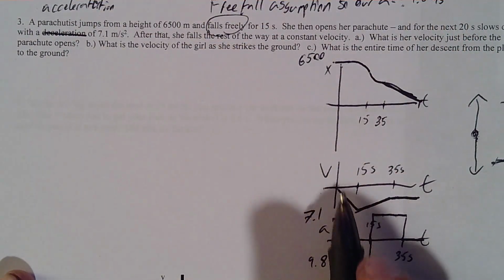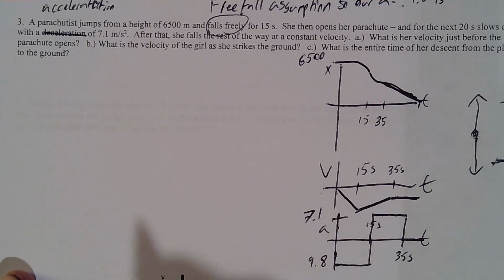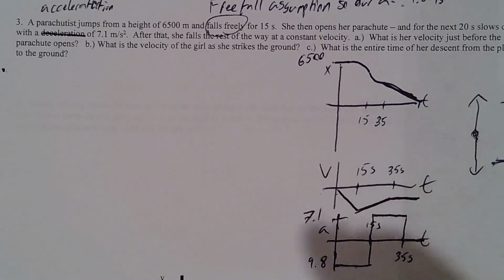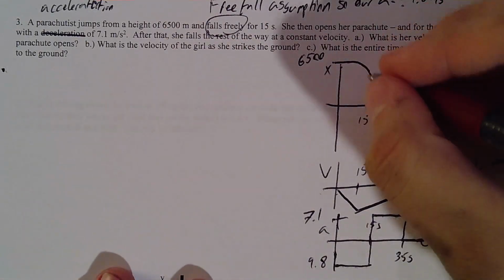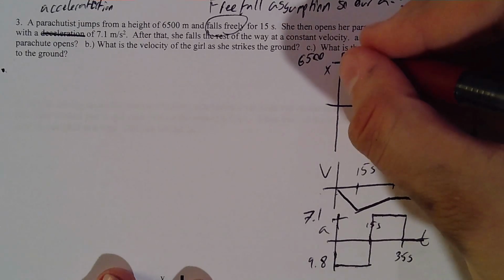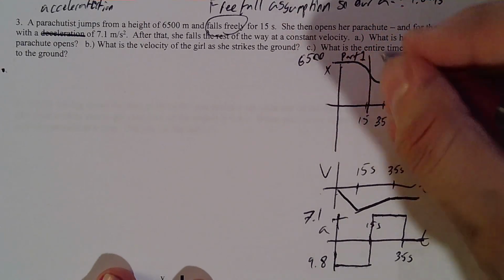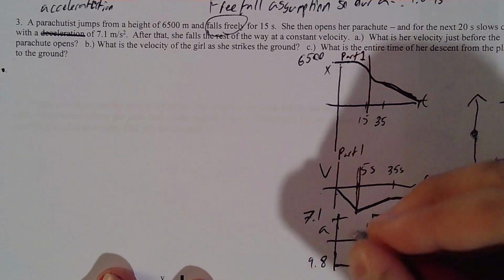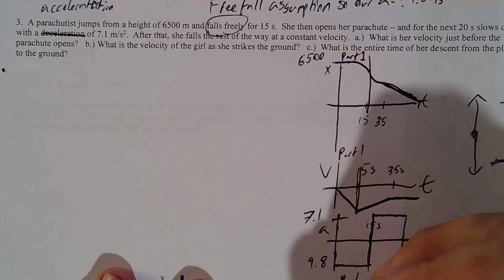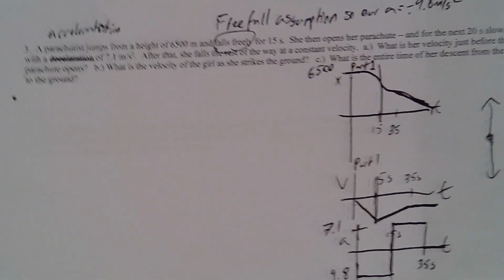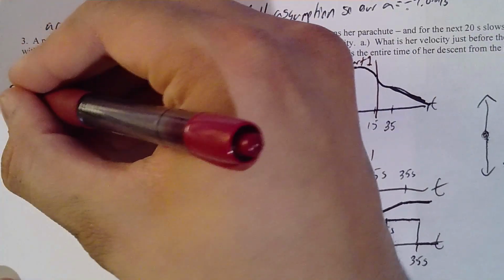We're jumping from this height. Note right here, I'm starting at a velocity of 0. Let's put some terms to these things. We're going to need some specific spaces. This is part 1 of the situation, when we're falling freely. During part 1,